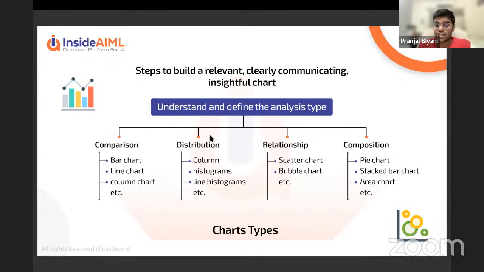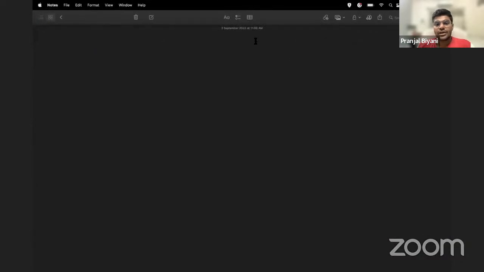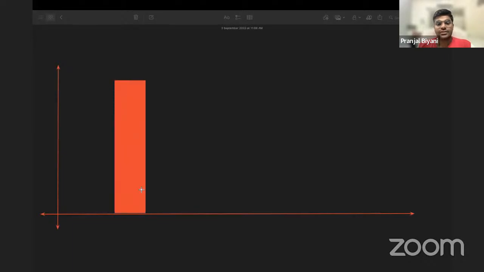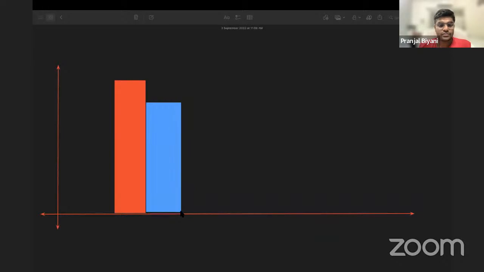Now, whenever we look at a bar chart, you might be thinking a bar chart is one-dimensional, Pranjal, how are you comparing the sales? So let me quickly open my notes and share some ideas with you. I'll quickly take a pen so I can annotate. Suppose this is the chart that I want to create. My bar chart can actually be a comparison of a single month. For example, this is the sale of Maharashtra, and let's say this is the sale of West Bengal. This is the comparison